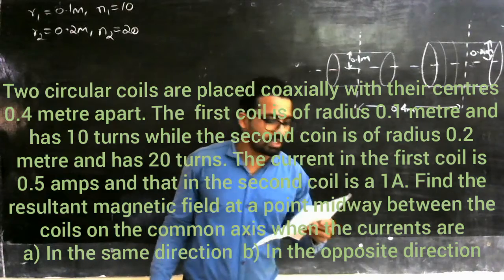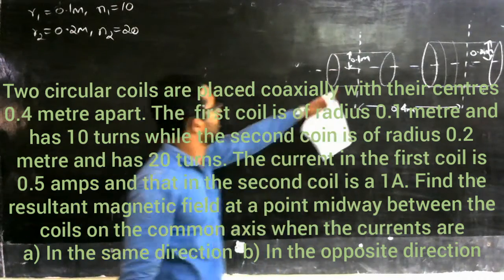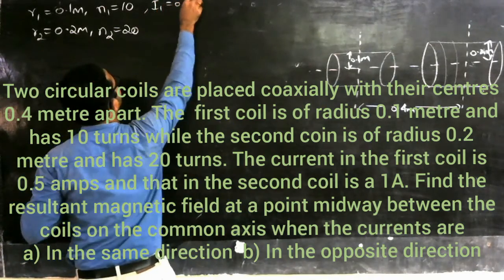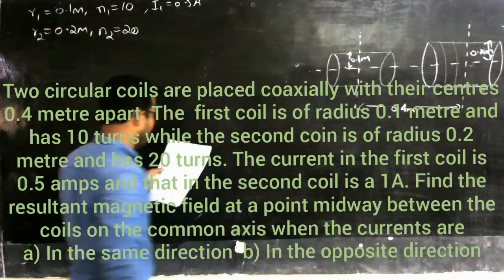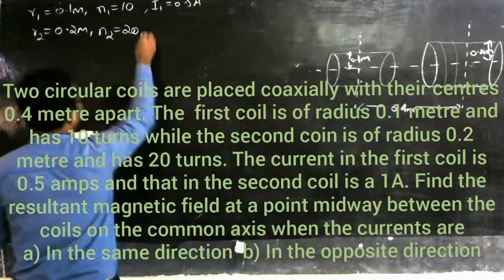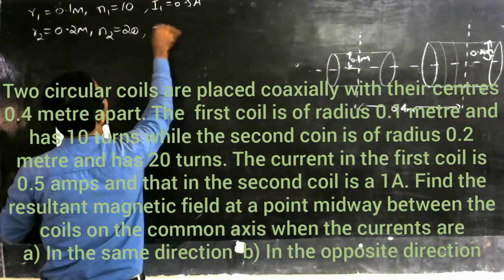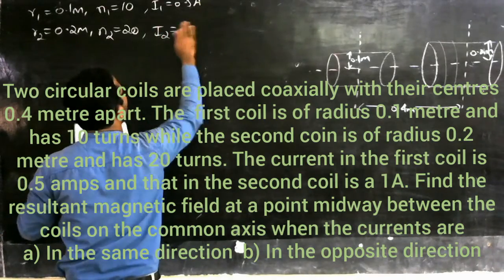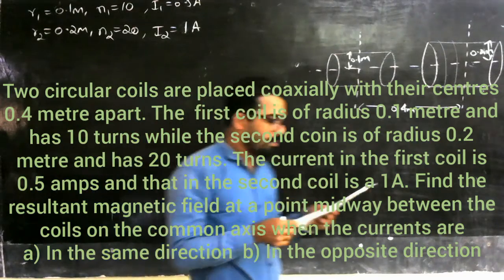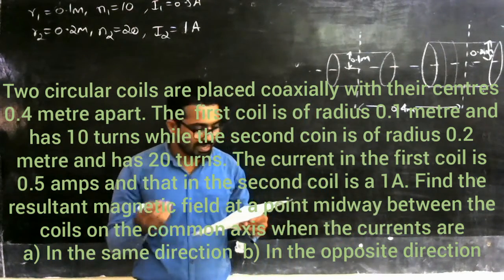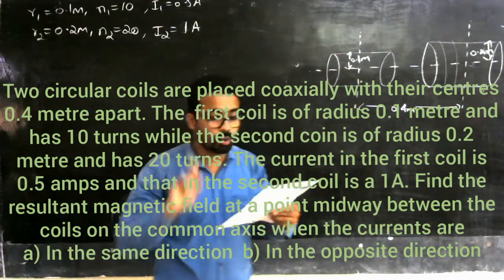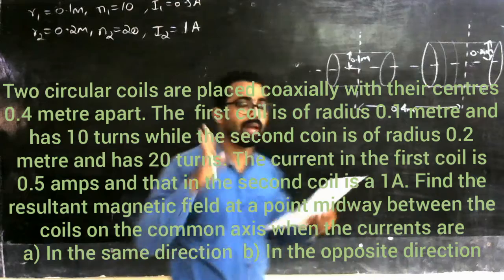The current in the first coil is 0.5 amp. That is, I1 is 0.5 amps. And the current flowing through the second coil is 1 amp, that is, I2 is 1 amp. Find the resultant